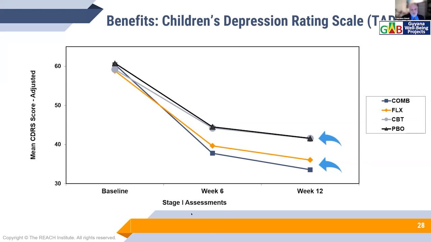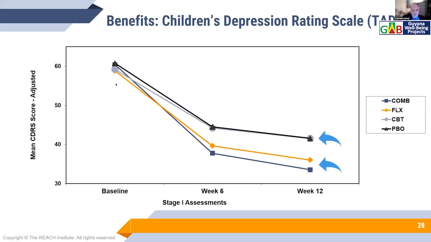This was a very large federally funded study, and you can see there were 4 arms in this study: a combination arm which used both medication and cognitive behavioral therapy, one that used only the fluoxetine, one that used only CBT, and then one that used placebo. And you can see that there is a big difference here in the reduction of